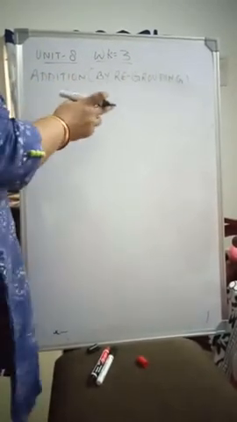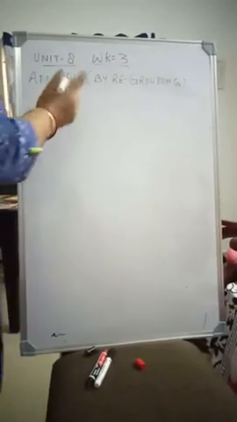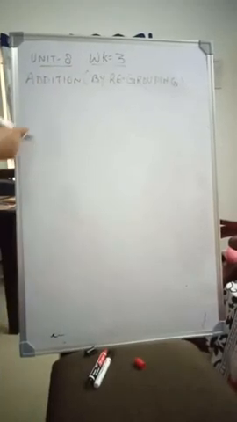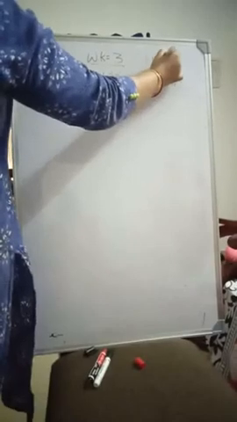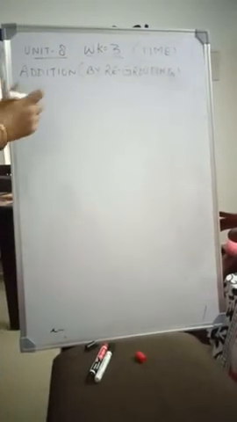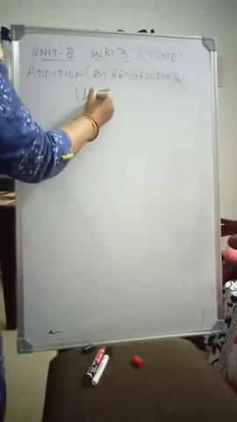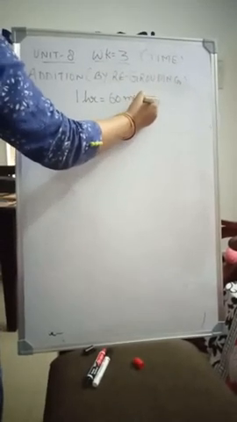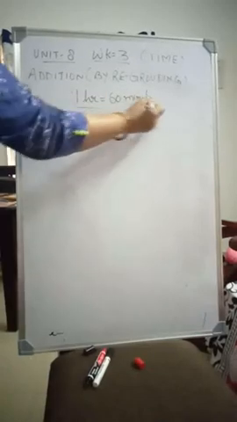whenever you did the classes on measurement like length, weight and capacity, in those topics also you have done addition by regrouping. So here the topic is time. Here addition is related with time, so it's a little bit different from that. All of you must remember that 1 hour is equal to 60 minutes. Okay, always keep in mind whenever you are doing the addition, this relationship you have to remember.